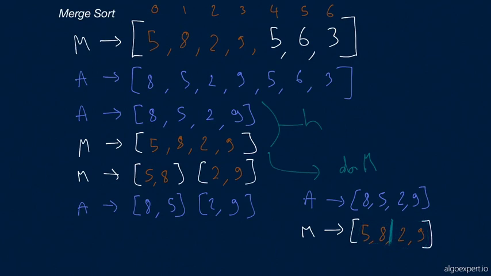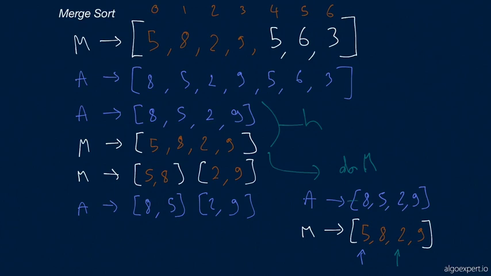And so now we're going to put two pointers, one pointing to the beginning of 2, 9, one pointing to the beginning of 5, 8, and we're going to merge these two subarrays into what doMerge considers to be the main array, which here is the auxiliary array. And this is where we have to take a pause and acknowledge that this is why we've done all this sort of complex swapping of auxiliary and main arrays throughout the entire time, because